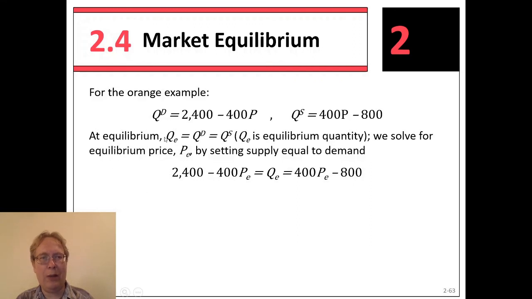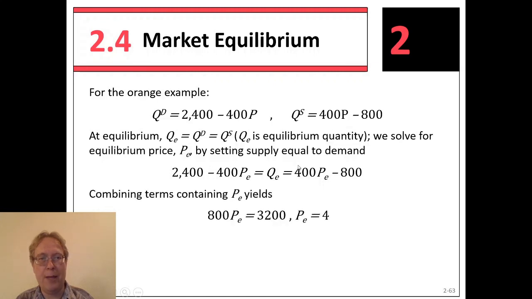What is the equilibrium? Well, in equilibrium, the equilibrium quantity QE has to equal the quantity demanded and the quantity supplied. Demand has to equal supply. So if you put these two equal to each other, as I do here, then you can figure out which P goes with that, which P makes those two sides of this equality the same. If you solve for that, a few steps in between, you find that the equilibrium price equals 4,